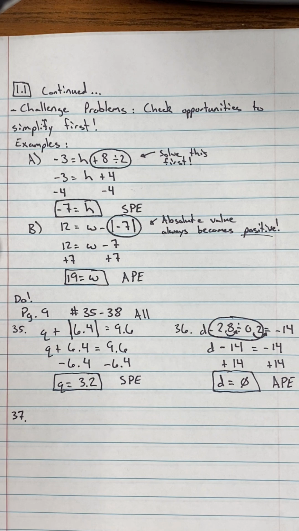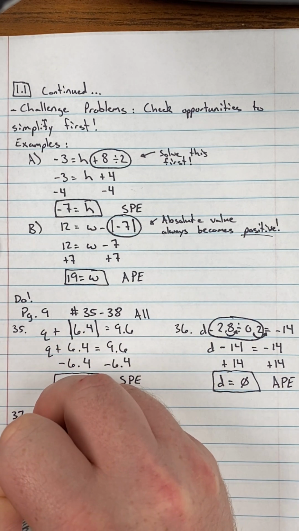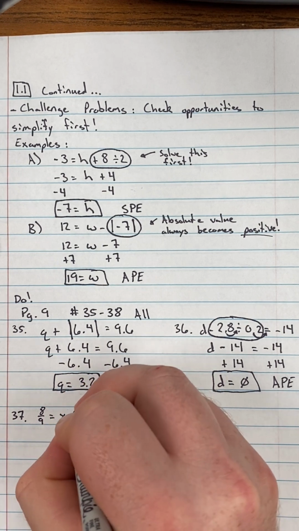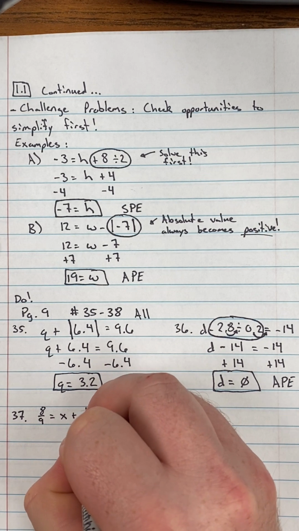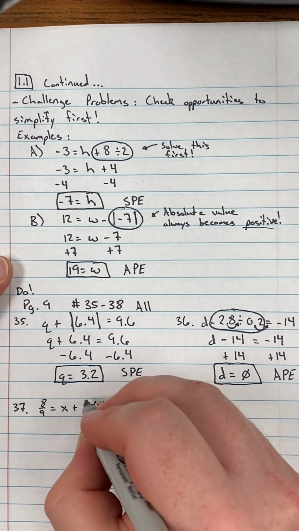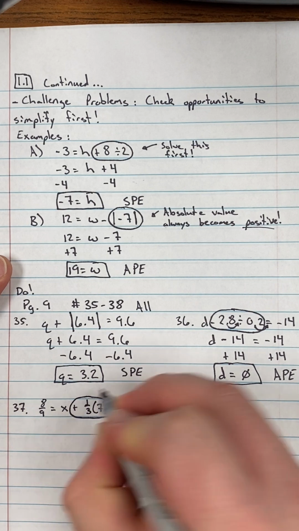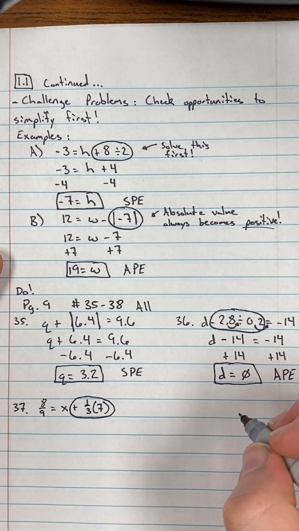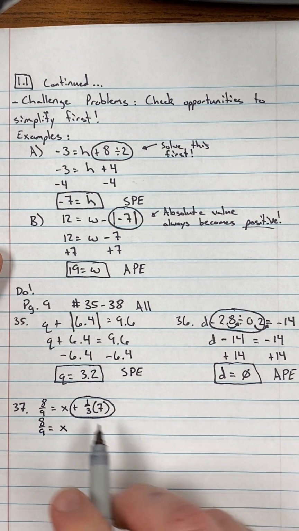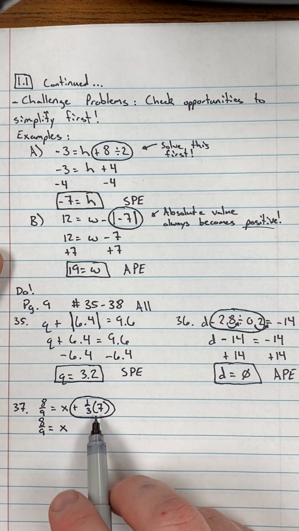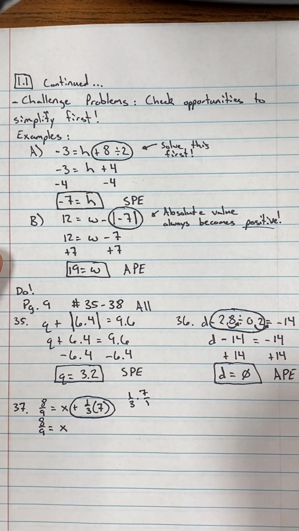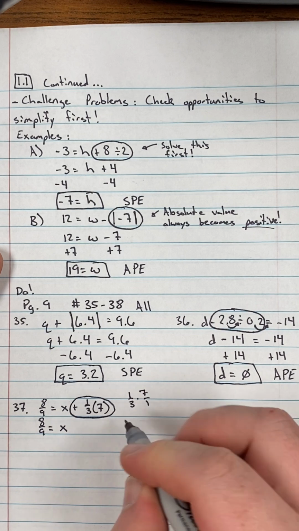So number 37 is 8/9 is equal to x plus 1/3 times 7. Okay? So just like before, I'm going to circle the thing that I can simplify first. So I'm simplifying this first before I solve. So this is 8/9 is equal to x. And now let's solve what this is. So 1/3 times 7, well, this is the same thing as 1/3 times 7 over 1. So when you're multiplying, you just multiply straight across. We get 7